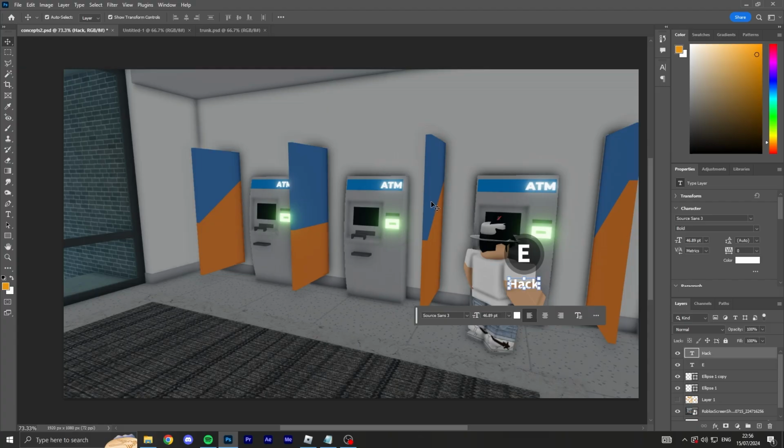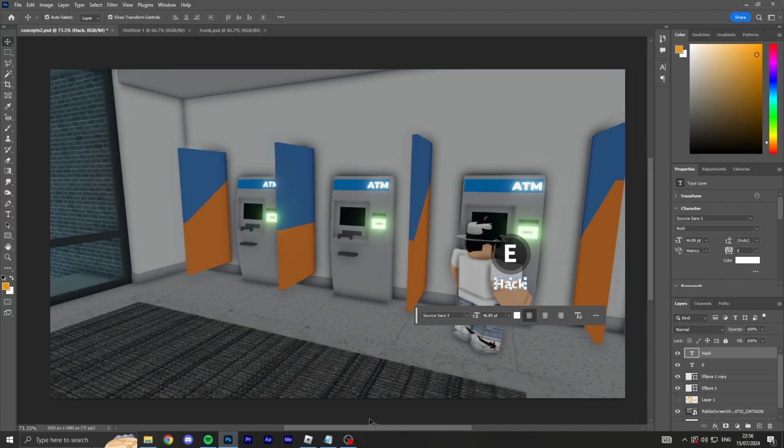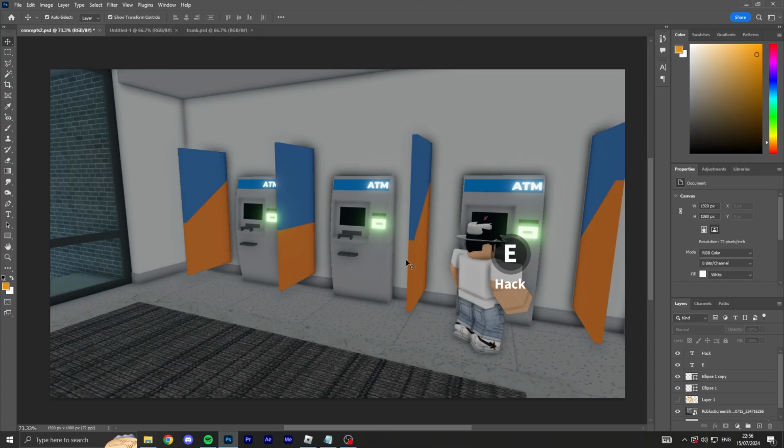Or even better, we should make it say hack. When I was initially thinking of this suggestion, I thought, you could either just brute force it and hit it with a weapon or something, or you could hack it. So I'm gonna do the hacking route because I think that's a bit more interesting. I don't know, maybe you agree, maybe you disagree. Maybe there should be 2 ways. You can either smash it open, or crack it open or something, or hack it, but I'm gonna do hacking because I think that's a bit cooler.